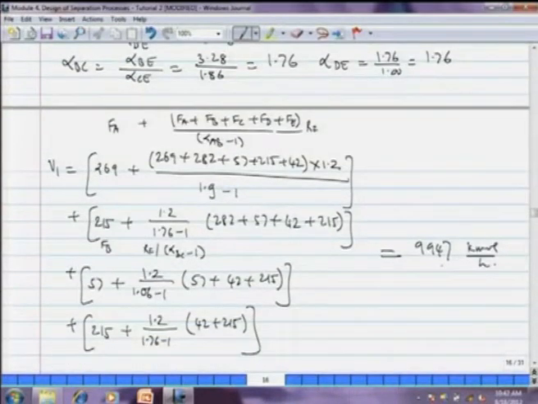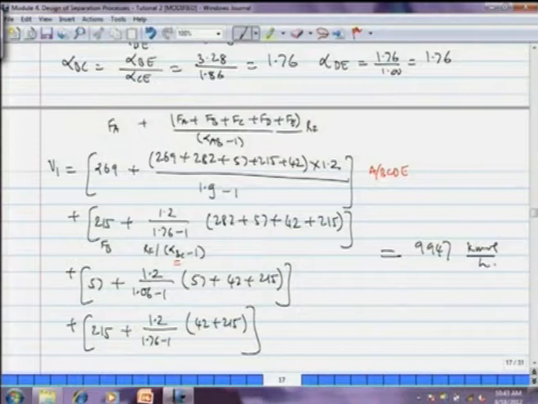So, for the first column in the first sequence, we have distillate as Fa, and then we have the other components. The first column of the first sequence splits A from BCD mixture, you can substitute all values: Fa 269, Fb, Fc, Fd, Fe, into 1.2, that is Rf, divided by alpha AB minus 1, so 1.9 minus 1. Then the second column of the first sequence separates B from CDE mixture, but here you are splitting between B and C. So, Rf divided by alpha minus 1, you have to use the value of alpha BC.